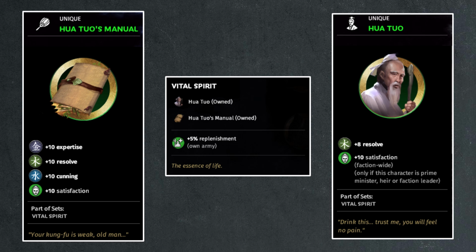same general. Now, Hua Tuo, who is a renowned doctor during the Three Kingdoms period, is also a gold tier or unique follower that will provide 8 points of resolve to the character equipped with the follower, as well as 10 points of satisfaction faction-wide if the character also happens to be your prime minister, heir, or faction leader. In terms of their bonuses, both of these items are pretty amazing, and it's not surprising considering that they are